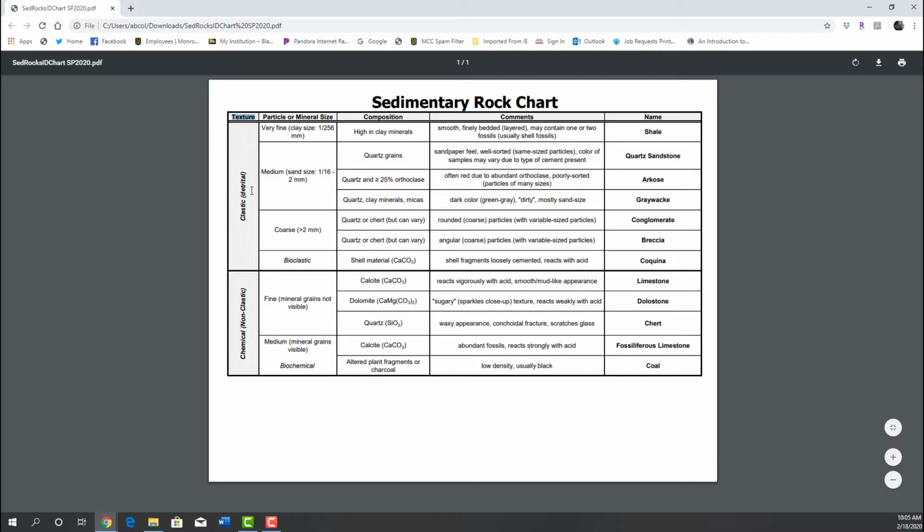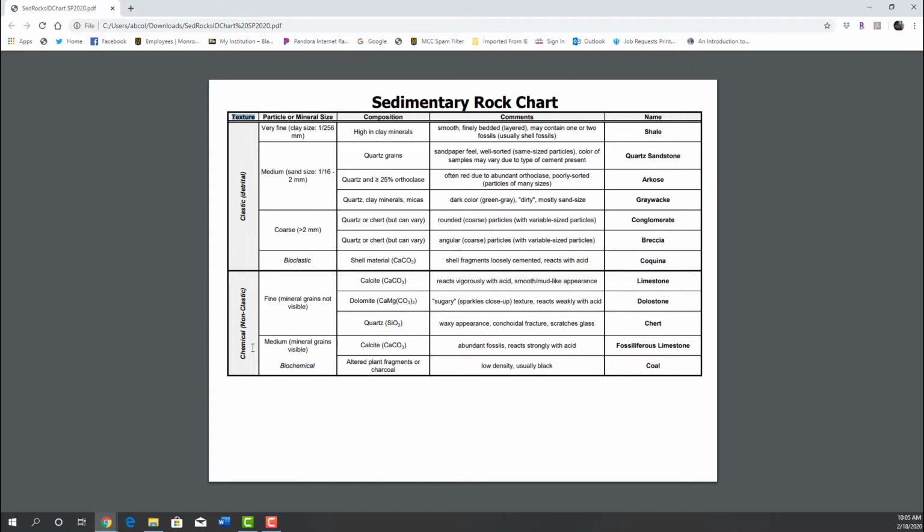There's clastic, which your book sometimes calls detrital, but those basically mean the same thing. They're composed of pre-existing sediments. And then there's chemical sedimentary rocks, which also means non-clastic, so the opposite of clastic. Chemical sedimentary rocks form from precipitation of minerals from water. That often happens within groundwater. It can also happen in lakes, and it can also happen due to chemical reactions from buried organic matter